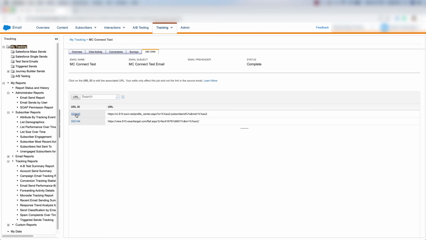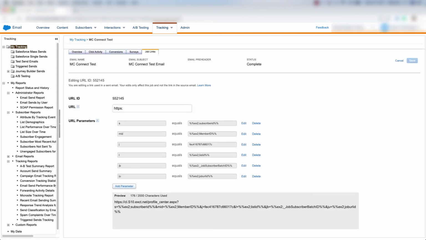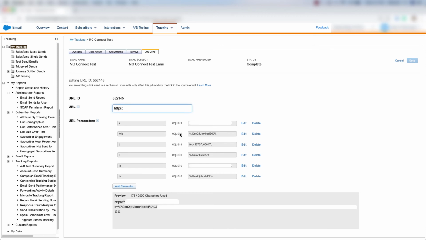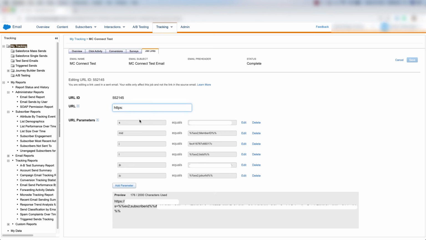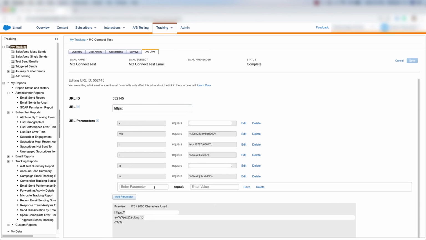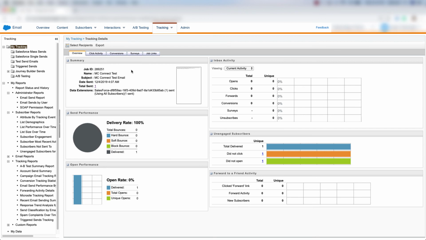So we could click the URL ID here, and in this URL ID, we could change this URL right here, and anyone that clicks on this URL is going to get the new and updated URL that we specify here. We can edit our URL parameters, or we can add a URL parameter here. And those are the tracking details and the metrics that you can look at whenever you send an email to